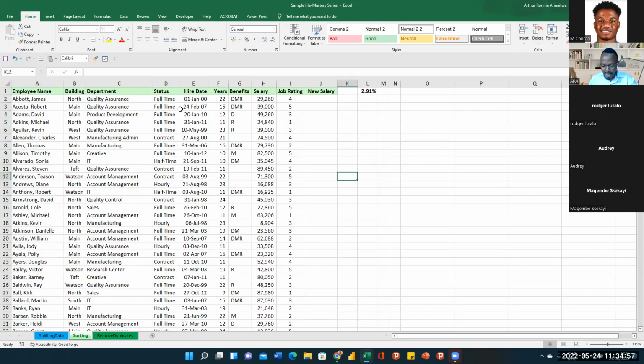So trick number... copying hidden cells. Copying hidden cells is also one of the things. So for instance,